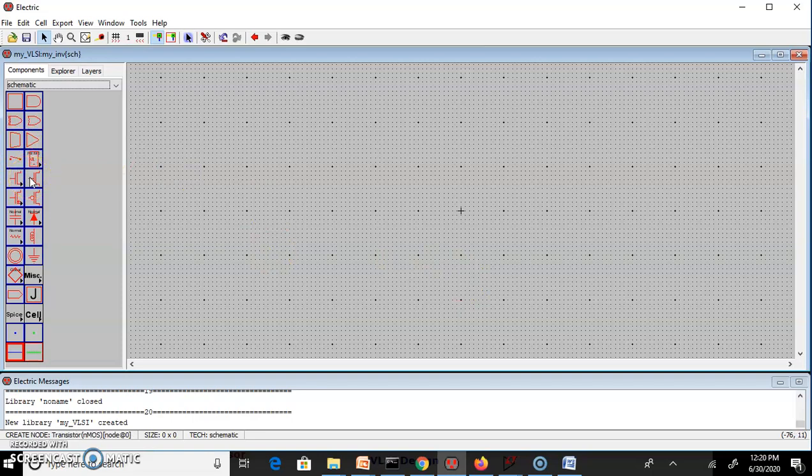Right now, my cursor is on NMOS. In message window, I can observe it is NMOS transistor. For creating inverter, now I'll click on NMOS and I'll place that in right pane. Similarly, I'll place PMOS also in right pane.